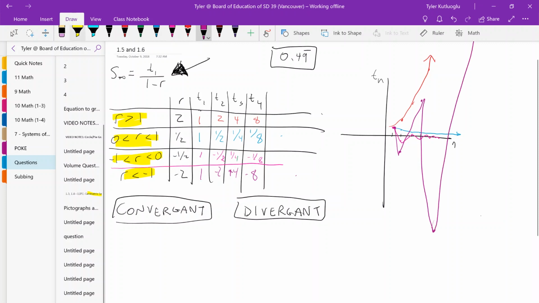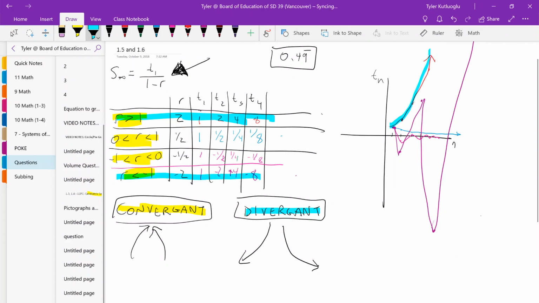So the 2 terms we need to know are convergent and divergent. Convergent means to come together, to converge on a single point. Divergent means to move apart, separate. So when we look at these lines, the divergent ones are the ones moving farther and farther away. So this red one, the exponential growth, is divergent because it's going away. The other one, this purple one, that's zigzagging further and further away, that's also divergent because it's getting farther and